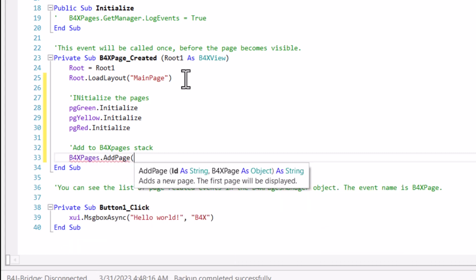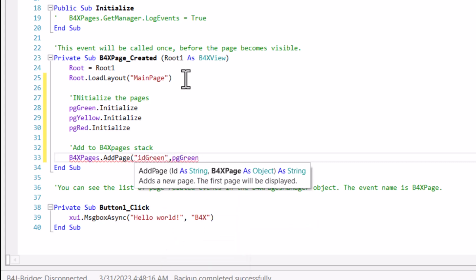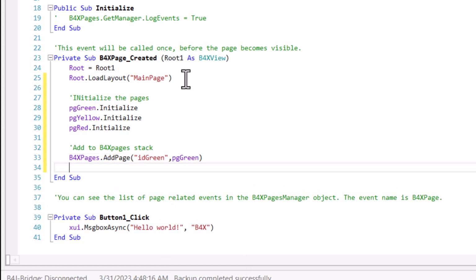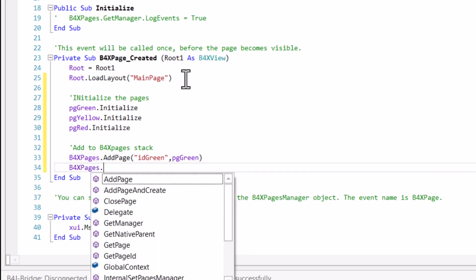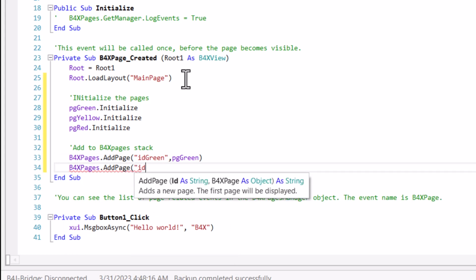The add page takes two parameters: page ID and page variable name. Note that, if the page needs to be ready at the time of creation, then use add page in create.